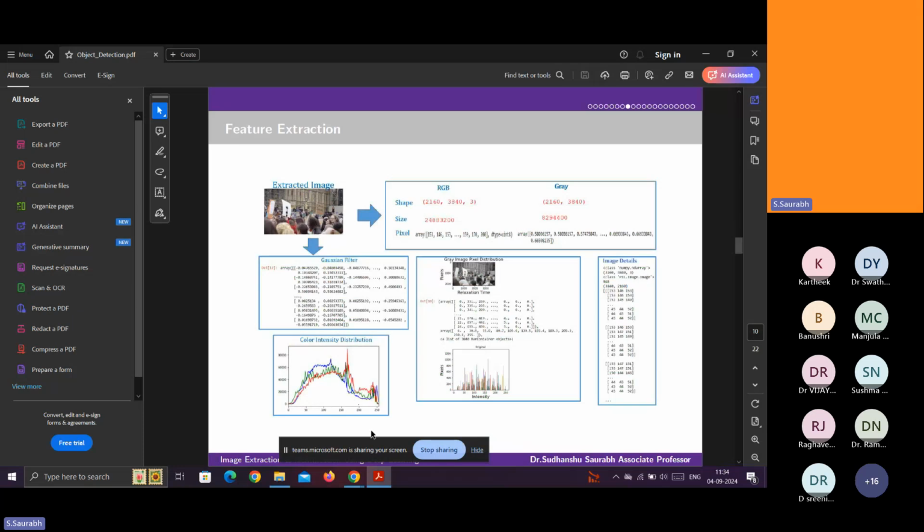If it is RGB, then the color intensity for each image is different. And look at here, for the gray image, the color intensities are shown here. If it is gray, then the color intensity is like that.